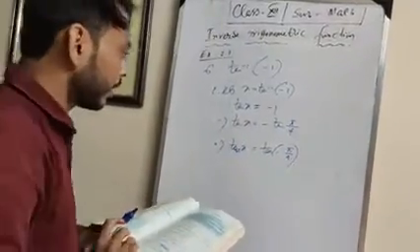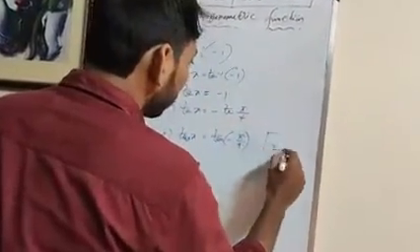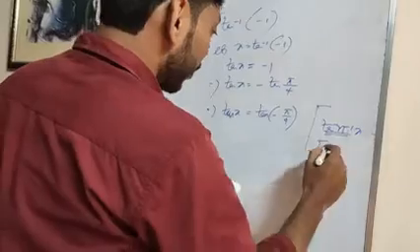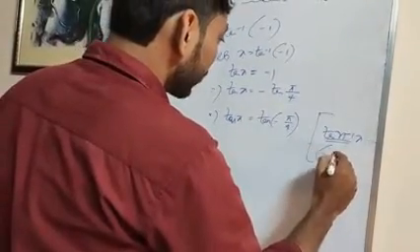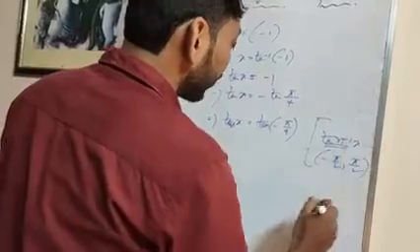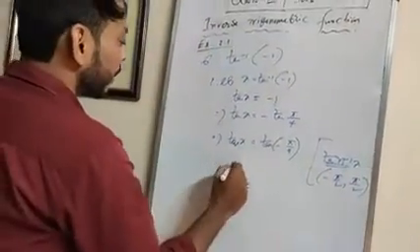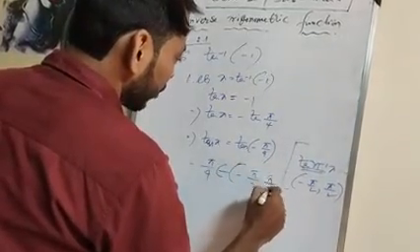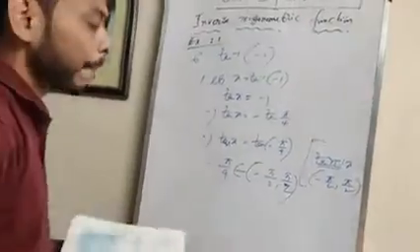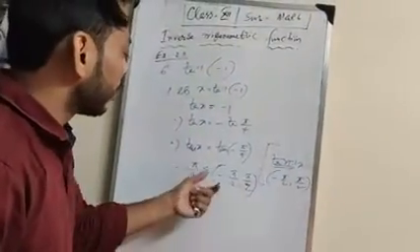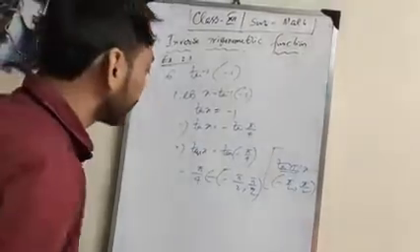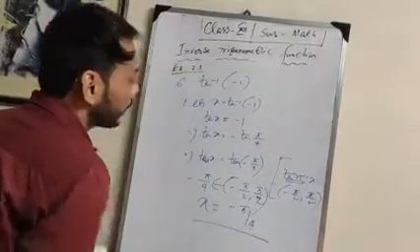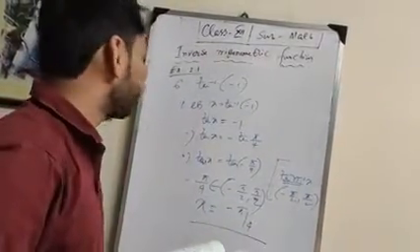Now you can see that the range of tan inverse x is the open interval minus pi by 2 comma pi by 2. That means minus pi by 4 belongs to this range. So here no problem arises. Okay, minus pi by 4 belongs to this range, the open interval minus pi by 2 comma pi by 2. Therefore you may conclude here x equals minus pi by 4. So question number 6 is done.